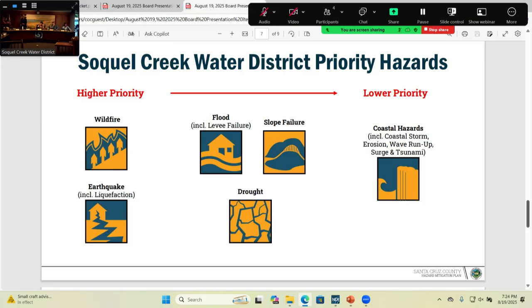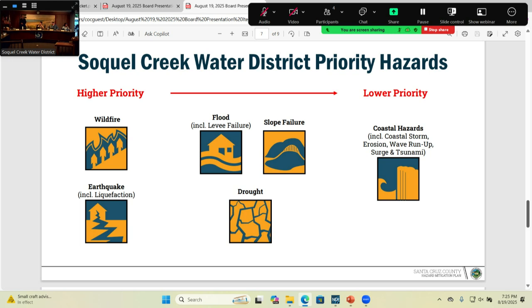So, we all know that water is essential to fighting wildfires. Not only are there our sites we want to protect and make sure we have defensible space, but if there are fires out there, we want to make sure that they can depend on our water. So it really heightened a lot of the importance in terms of the priorities of some of our hazards that